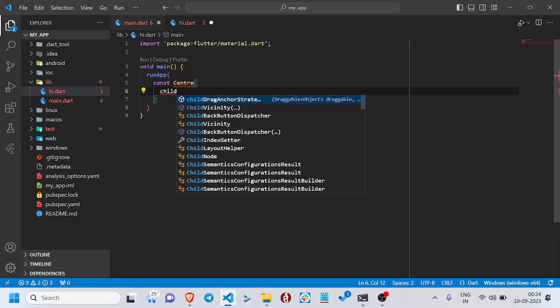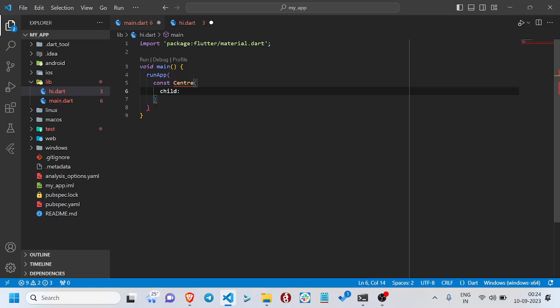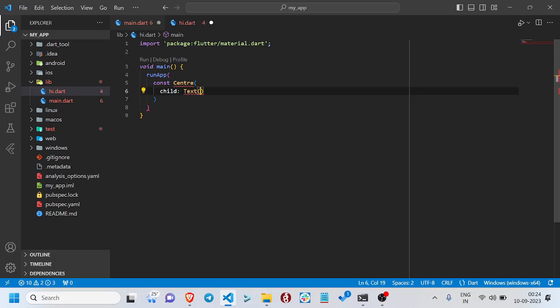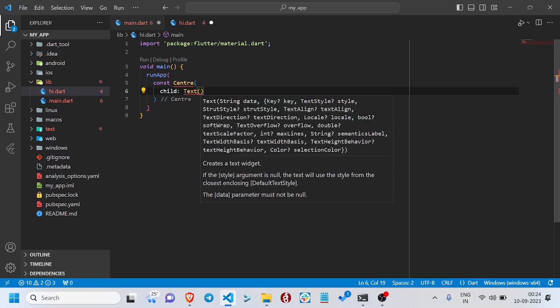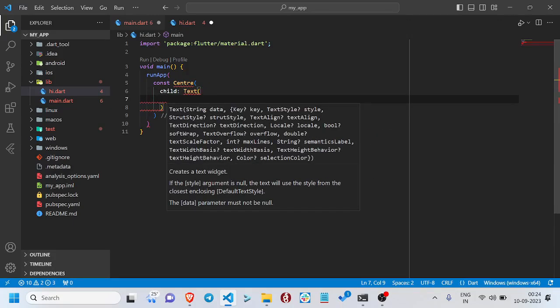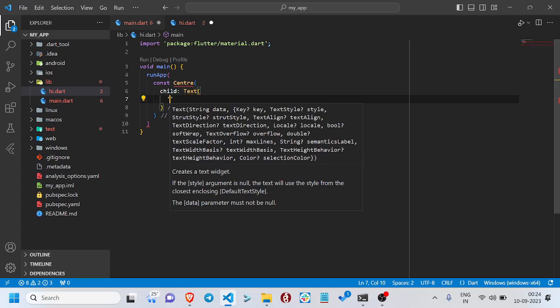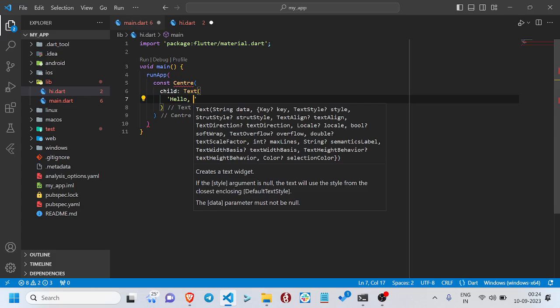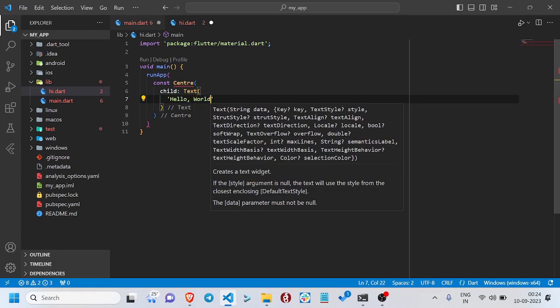Center, and we'll use child. We're creating a child, and we are using this text widget. We use this text widget, and here we will say